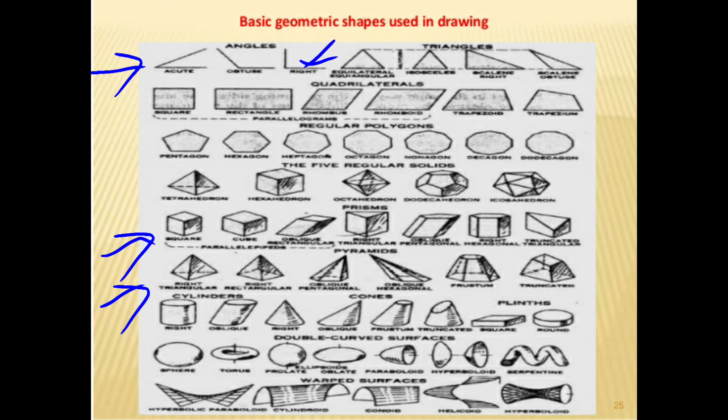Pyramids have a base according to their nomenclature. If we say a triangular pyramid, then the base will be a triangle and all the other faces will be triangles. If it is a square pyramid, then the base will be a square and all the other faces will be triangular. Then we have frustums of pyramids, then cylinders, right cylinder, then cones, like a birthday cap which has a conical shape. Then we have the sphere. These are all the shapes we draw while using scales or protractors.